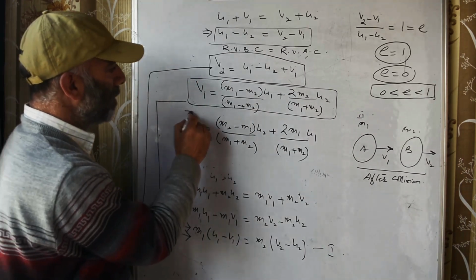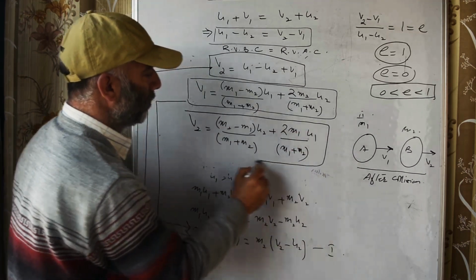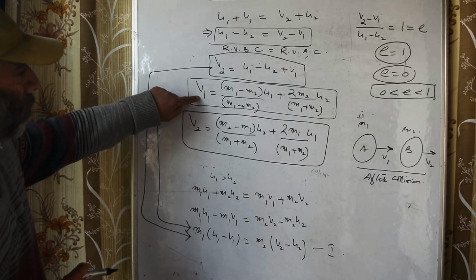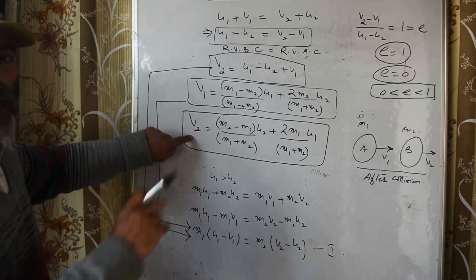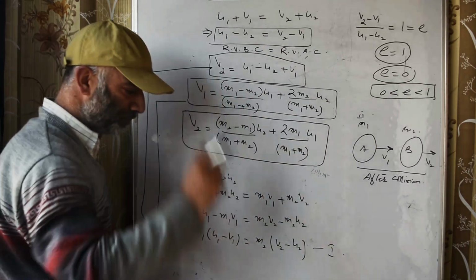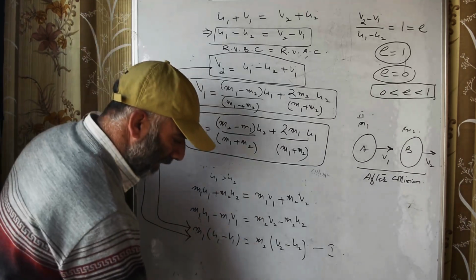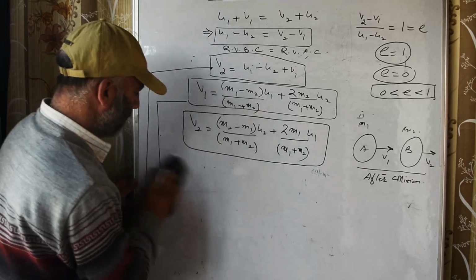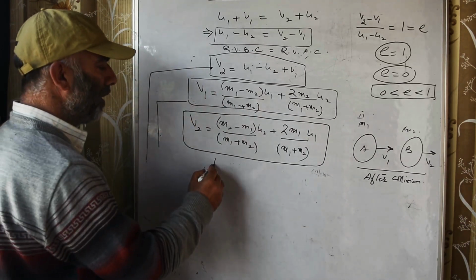Now you have to remember these two equations. With the help of these two equations, we can calculate the velocities of the two bodies after collision. Now, the interesting part of these equations goes like this. Special cases. One special case is